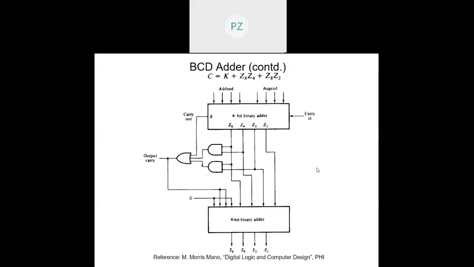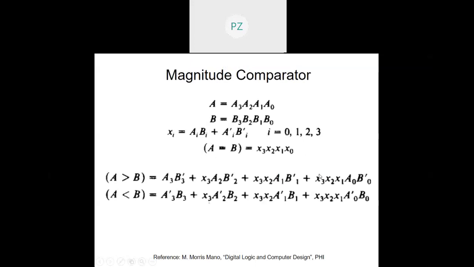Now let me move on to the next very interesting design. This is called a magnitude comparator. Suppose I am given two binary numbers. They may be n-bit binary numbers. I've just taken the example of 4-bit binary numbers, but we will see that this design is also going to be modular once again. So when this is modular, this is going to give me the comparison of the magnitude. So comparison of magnitude means I have to see whether A is equal to B, or A is greater than B, or A is less than B.